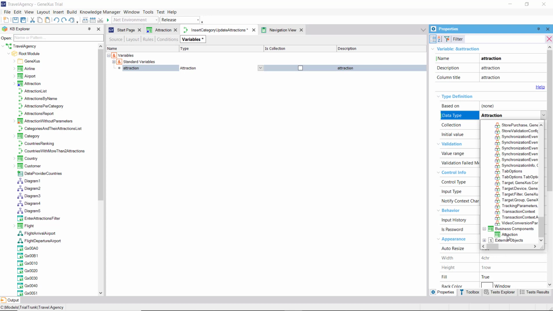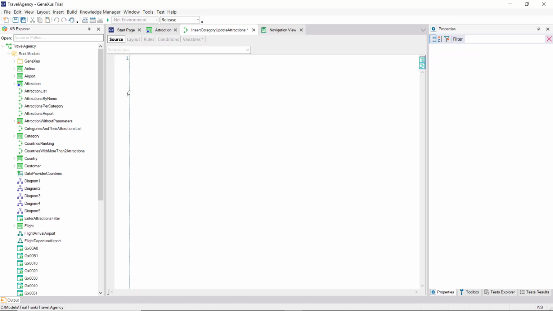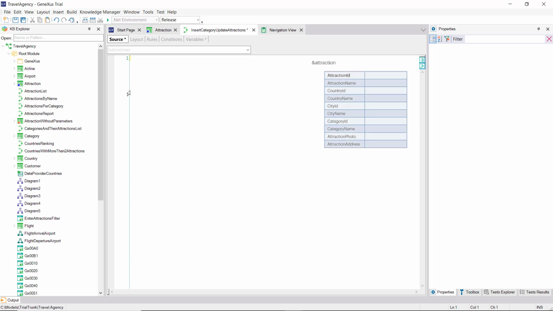Having defined this variable in the procedure, memory space is automatically reserved to load all its elements as an SDT. So, if we insert the variable and type a period, in this window, we'll see the names of all the transaction's attributes, among other things. This is so we can use them in the structure, for example, by assigning them a value. In this way, we could do this.